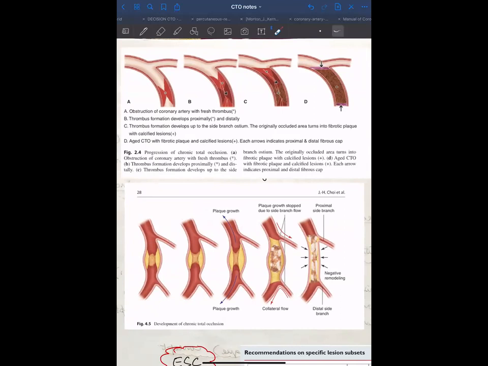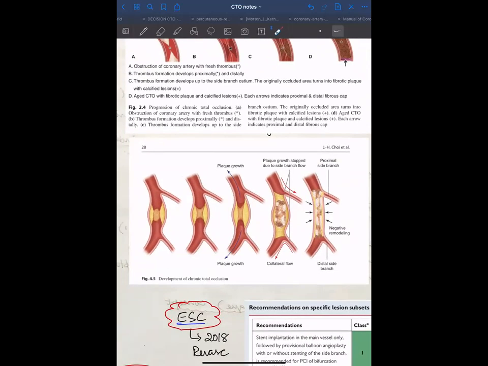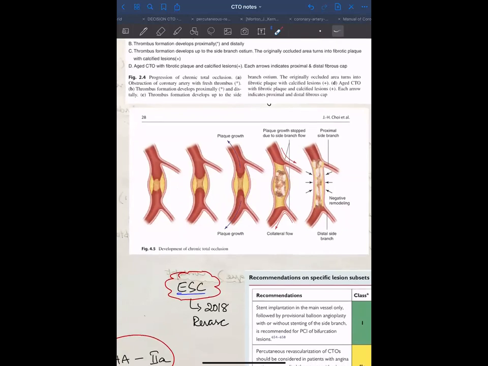And this is another picture schema which shows that as soon as there is an occlusion, initially there is a positive remodeling of the vessel, as we can see here, which is followed later by fibrous and calcific accumulation. After the fibrous calcification happens and the redirection of blood happens in a more emphatic way, there is a negative remodeling. More or less they say that on CT, a CTO which is quite old, far beyond 30 days, would show negative remodeling. So when you have a negative remodeling, it is a definite occlusion beyond the 3 months.